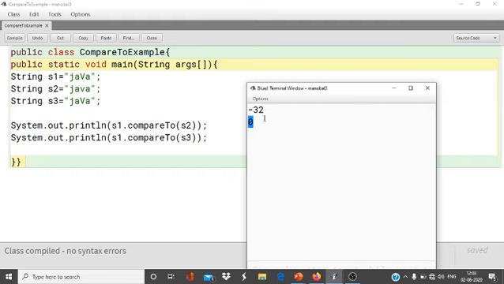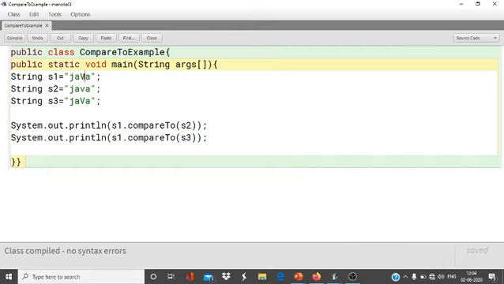If you want to find the difference, I will show you the difference also. Suppose I have given here V only, but here I'm going to give a capital A and a small a. Now what will be the output? Again minus 32.